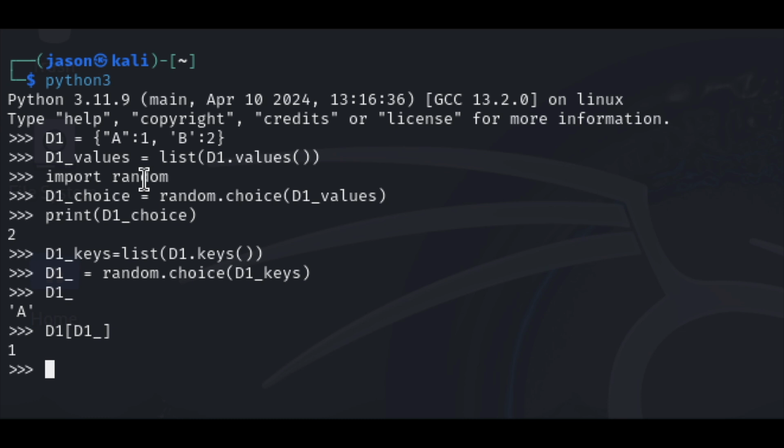Now, here's the thing. To get some unpredictability, we can import a random value from the D1 values list that we created right here. So we could say D1 choice is equal to random.choice, because we did import random right here, and we're using the dot choice method, and it's going to select randomly from the list of D1 values. So here we printed the D1 choice, and it prints out 2, and we could continue to print out D1 choice, and it would probably